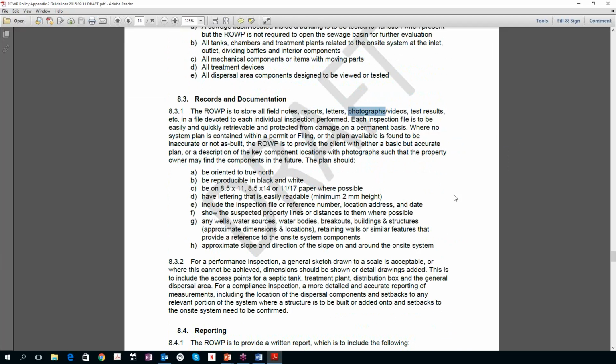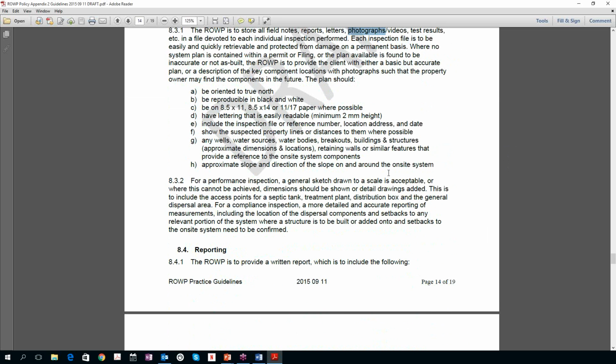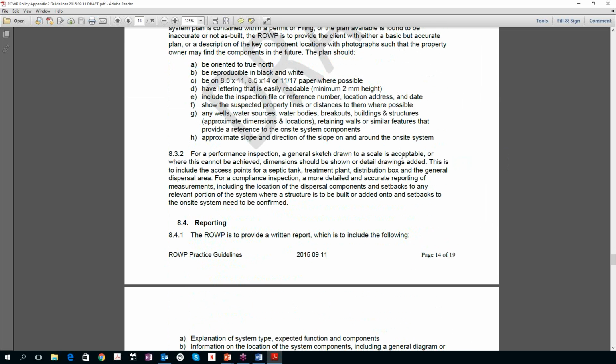There's so much risk and exposure to liability that you need photographs to protect yourself. You also need them just to prove your conclusions. If you say that the D-box needs replacing because it's falling apart, you need a picture to show it falling apart. If you're saying that the laterals are clogged, not receiving effluent, you need a picture showing a backup in the D-box or whatever, right? I'll move on. So look after the paperwork. It's the best way to stay out of trouble, and take pictures.